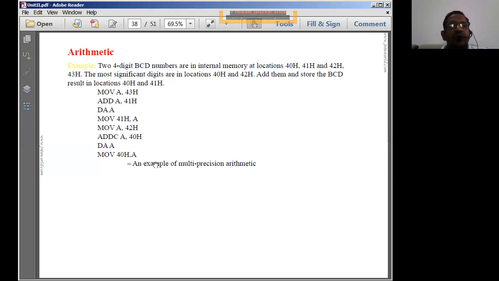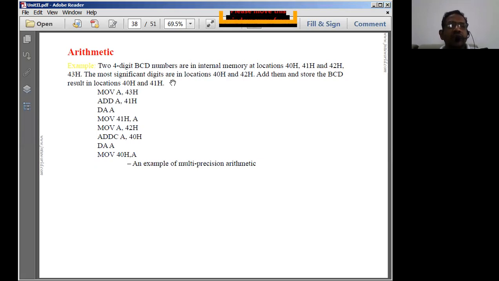We'll go with another example, a program which shows the usage of the DA instruction. Two 4-digit BCD numbers are in the internal memory locations 40H, 41H, and 42H, 43H.